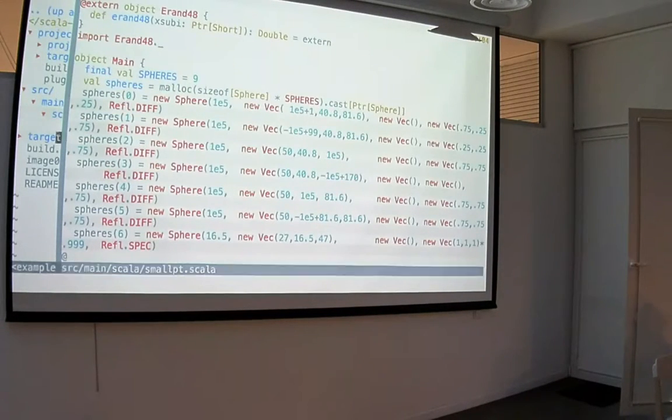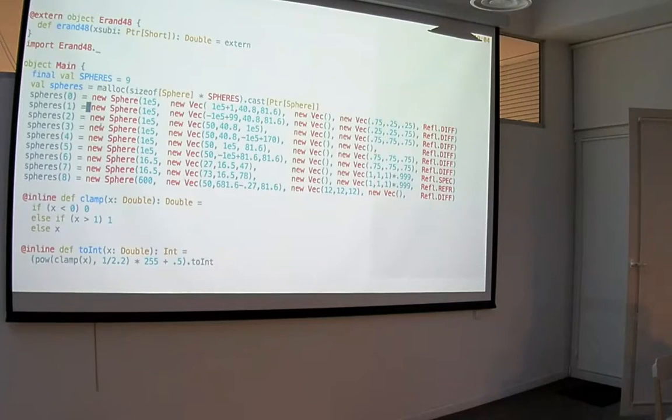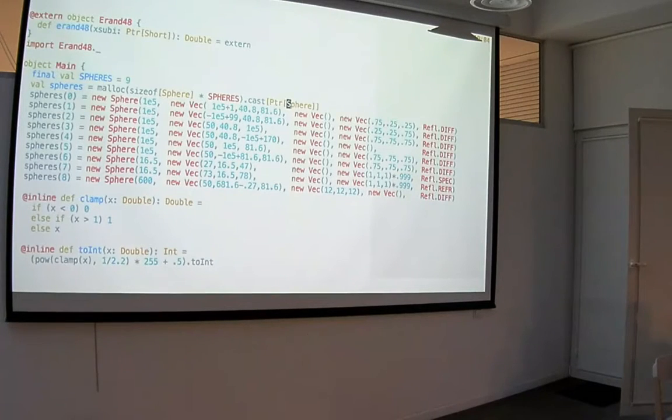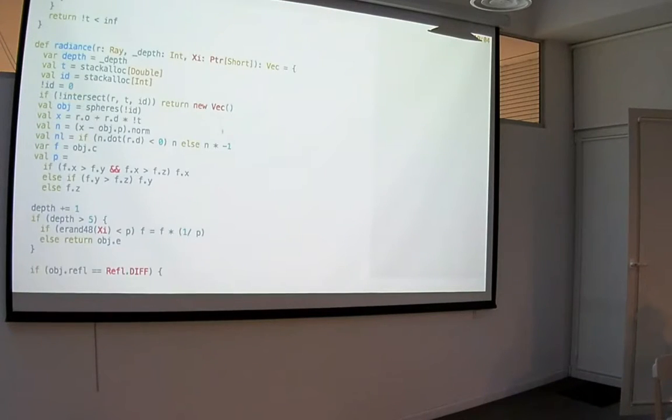And you also are able to allocate, touch, and fiddle with direct memory. It's Scala Native. So for example, this malloc here will produce you a pointer of sphere. So it's just like in C. It's an absolutely low-level thing that lets you see the memory as it is. So you can cast and do whatever you want with this pointer, and you can do arbitrary memory stuff on it. It's essentially a very low-level primitive that is very dangerous, but it is very useful at the same time. Don't overuse it.